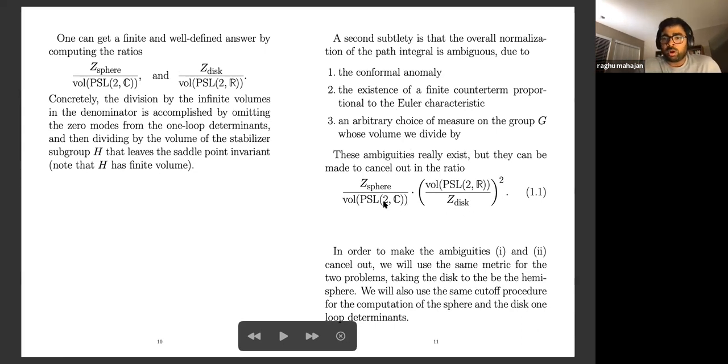And it will also be important to know what measure we put on these groups, right? Because, I mean, a priori, the Haar measure on a group has an arbitrary constant in front. But the point is that